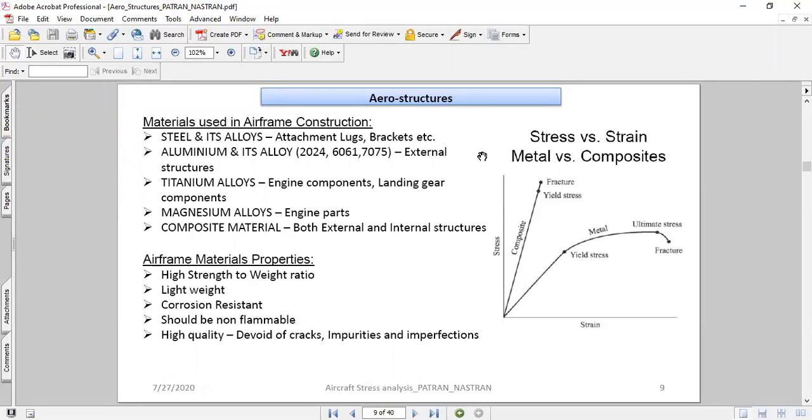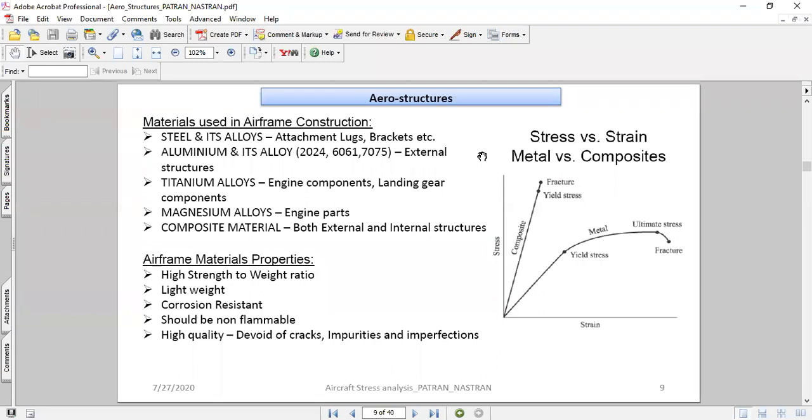What is expected is a high strength to weight ratio, some weight saving on everything we design. So they look at optimizing the structure, how we can optimize and how we could potentially save weight.